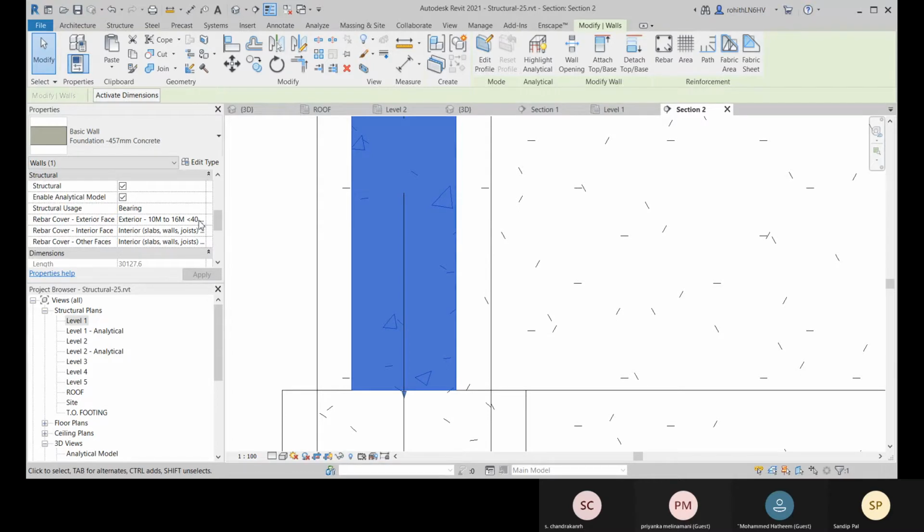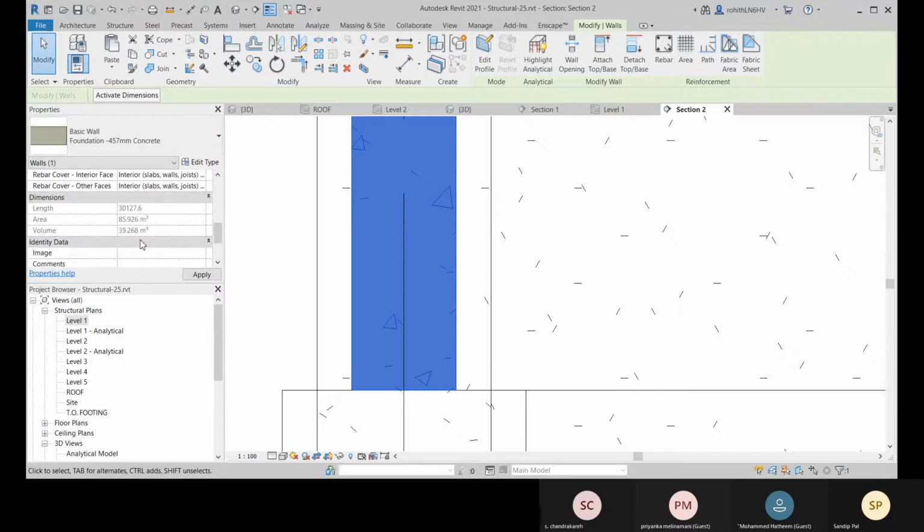And if you are using 10 mm to 16 mm bar, this will be the cover. And if you are using this one, so this will be the cover. So that is selected here. So here you can specify.